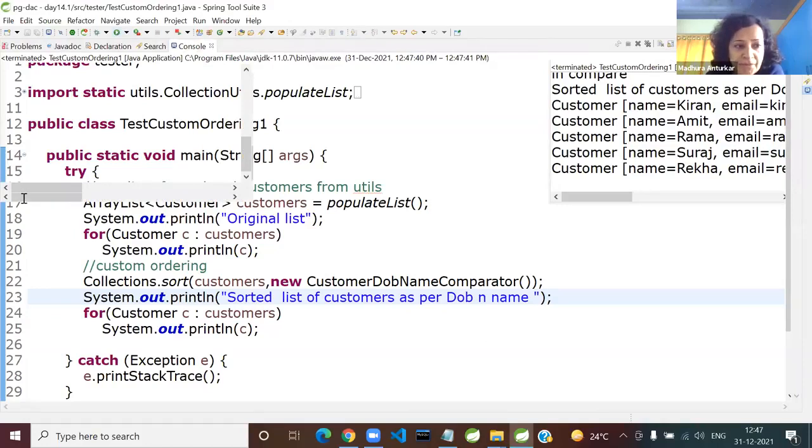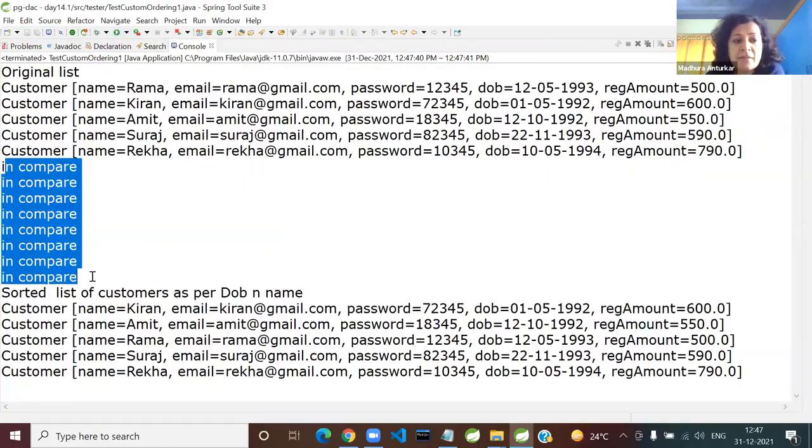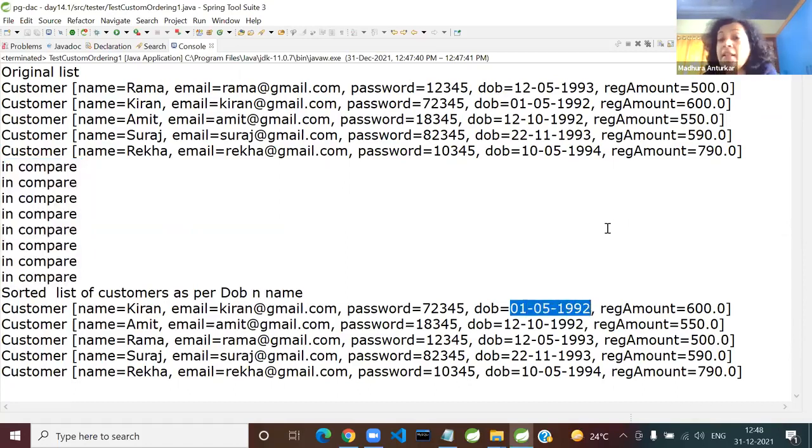So first you have to check here whether it is calling your custom ordering compare method, and check. So here, I've given the dates different. We'll fix that, fix that means we will give the same name also. So currently it is what? Tell me, is it date based or date and name based? Currently it is date based because the dates are different. So I'm just checking 1/5, 12/10, 12/5, 22. Yeah, looks sorted to me. Is it working correctly in your case, guys? We're going to make a change. Don't worry. Are you all getting the correct output?